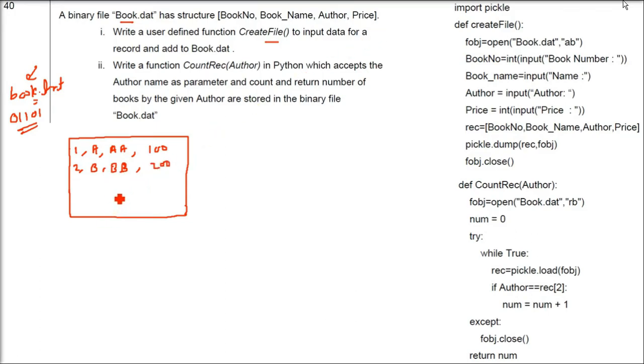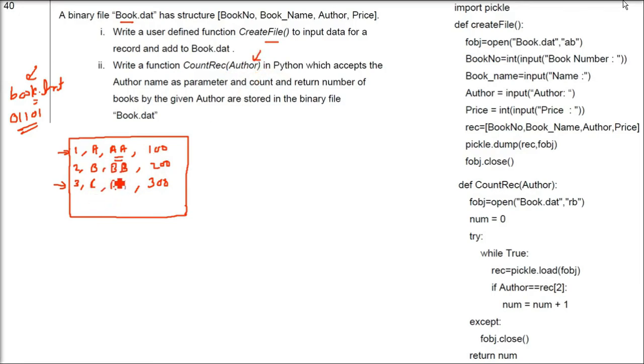Now there will be plenty. I don't know how many, plenty you can enter. So what is the second part saying? That is why I am writing 3. So author is AA, author remains the same, but the book name changes. For example, Chetan Bhagat's book. It can be say 1 or 2. He can have multiple books here. So you see AA is coming 2 times.